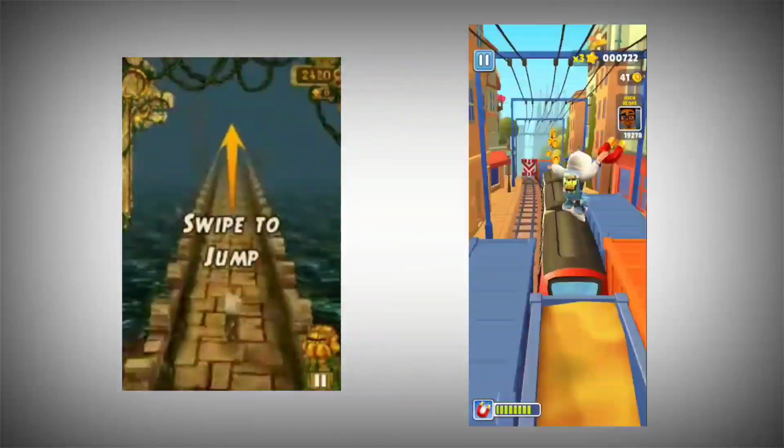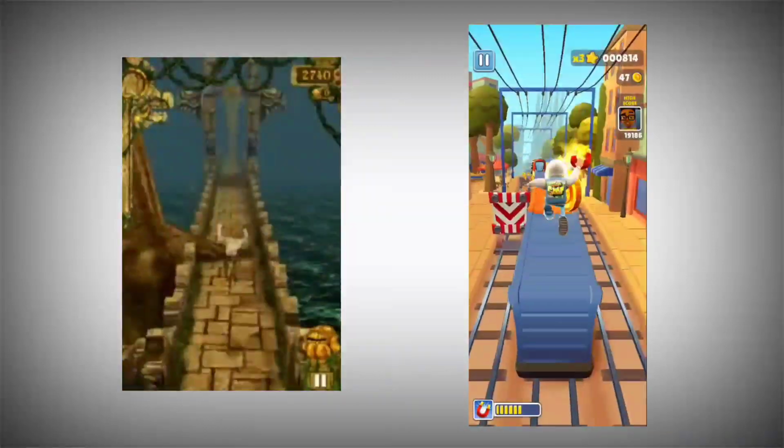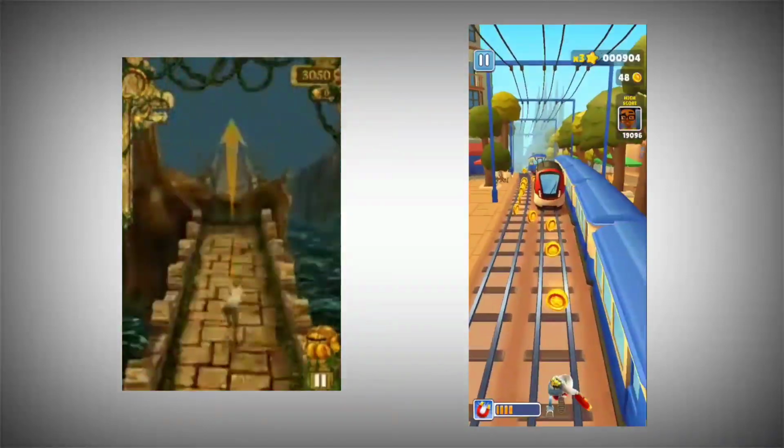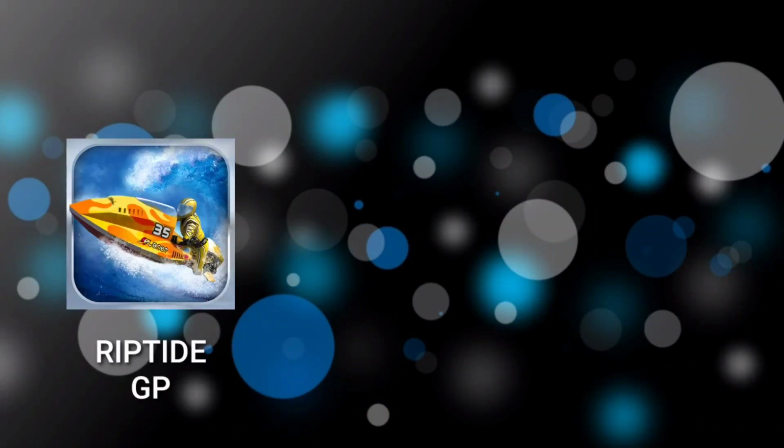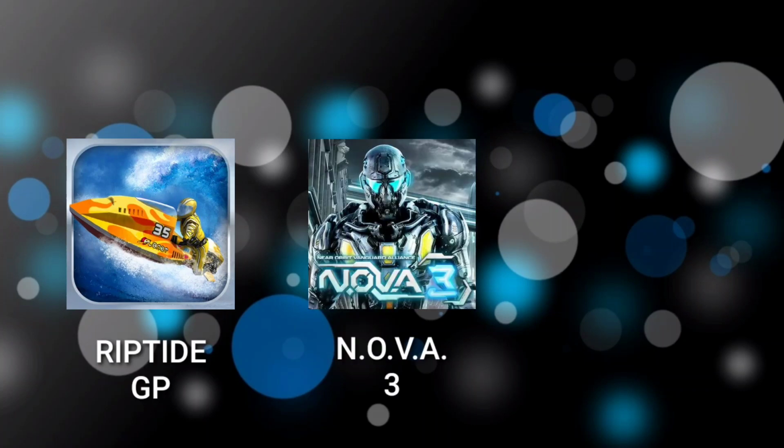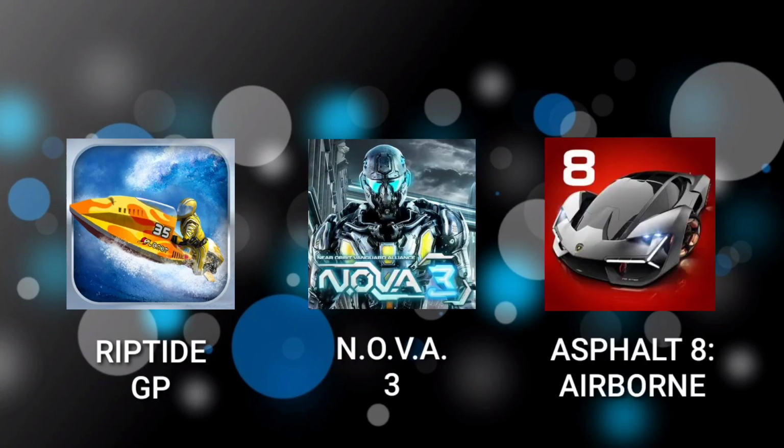But during these time periods, for me, are the three most impressive games I have ever seen. These are 2011's Riptide GP, 2011's Nova 3, and 2013's Asphalt 8 Airborne.